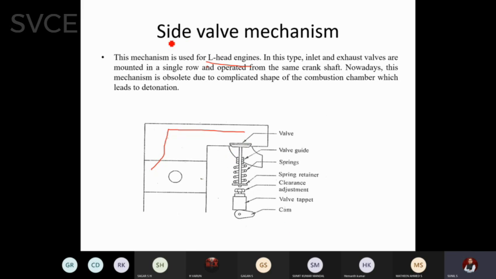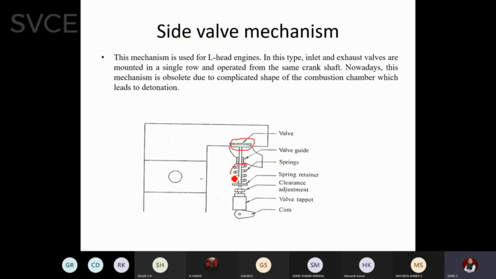Why is it called a side valve? Because if this is the cylinder axis, parallel to this axis there will be a valve. You can see here on the head L region, there is a valve mounted. Whenever this cam moves down, this will be pushed and it will move down so that the inlet gases can move in. Similarly, there will be an exhaust section also. This mechanism is obsolete because the engine cannot be compact. Various parts you can clearly see in this sketch. So this is actually the valve.